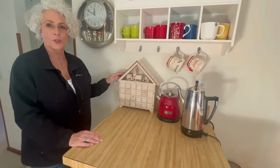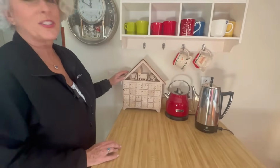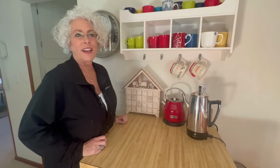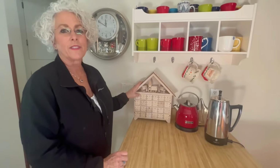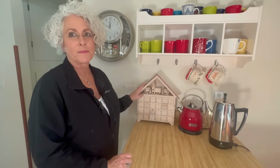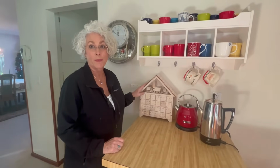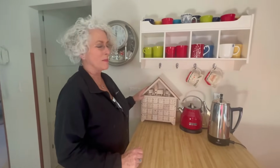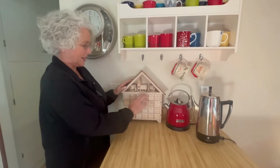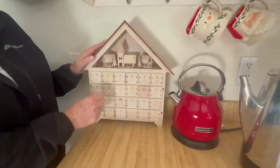Yeah. This is our advent calendar. My son gave it to me for Christmas one year, and this year I was inspired by Laura's dad on Garden Answer. Last year he got one of these, and he filled the boxes full of all sorts of things for his wife Susan. Garden Answer is a YouTube channel. Yes, and I watch it all the time. Very popular YouTube channel. I really like Susan. Yeah, we love them. I like them all. But he put jewelry and gift certificates. I put